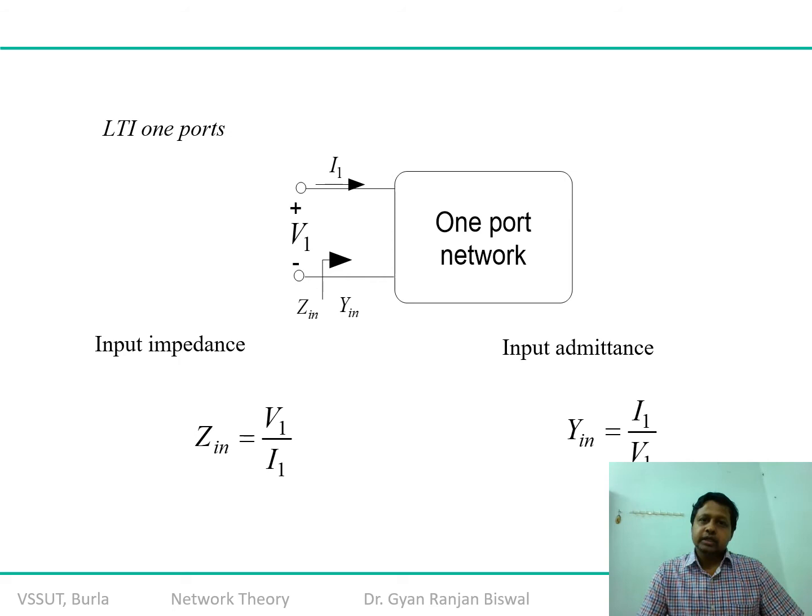So what is time invariant? A circuit or a device or a system whose response is unchanged with time. It doesn't matter whether you produce the input now or later, you are getting the response at that instant only, the moment you feed the input. So that is called a time invariant system. Your response is not going to change with time.